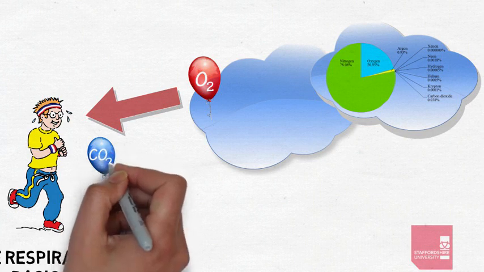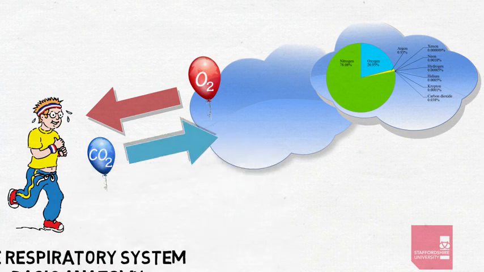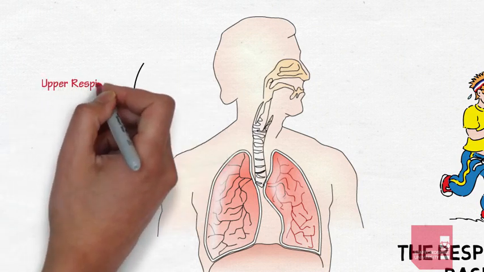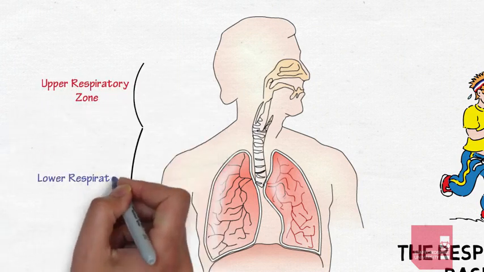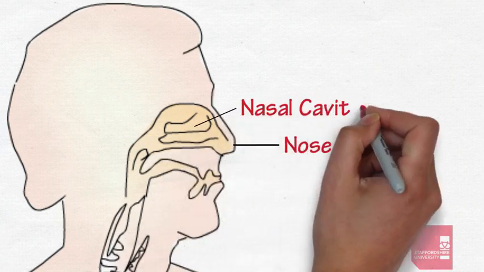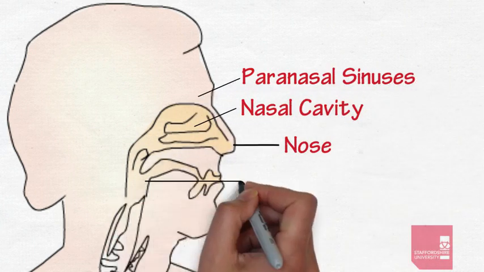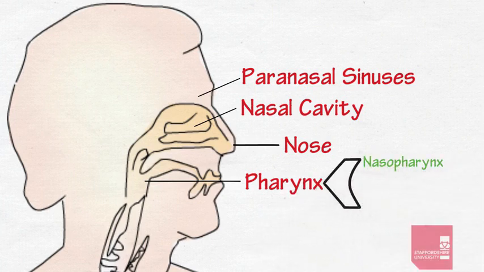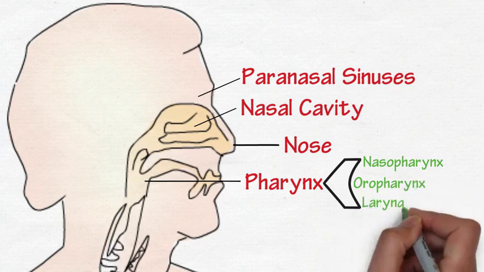Breathing can be varied in rate and depth to respond to changing demands placed on oxygen consumption within the body. The respiratory system can be divided into two areas or zones: the upper respiratory zone and the lower respiratory zone. The upper respiratory zone consists of the nose, the nasal cavity, paranasal sinuses, and the pharynx, which is split into the nasopharynx, posterior to the nasal cavity, the oropharynx, posterior to the oral cavity, and the laryngopharynx, just above the